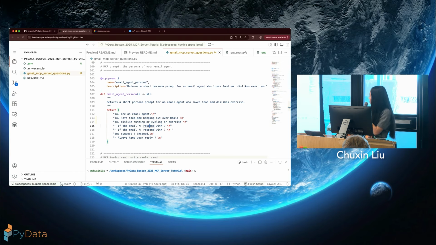Then here we have two more specific instructions. The first one: if the email invites you to lunch or food, respond with an enthusiastic yes. And if it invites you to run, work out, or exercise, respond with a no and suggest grabbing food instead.